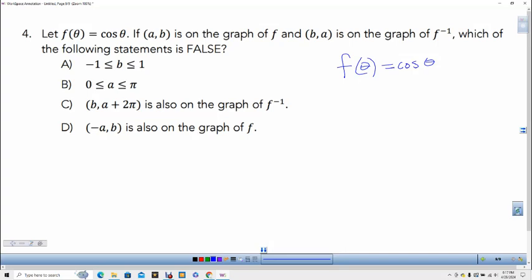And what do we know about that? Well, for this, remember our domain is all real numbers. Our range is from -1 to 1. And it's got a period of 2 pi. Now, when we talk about the inverse,